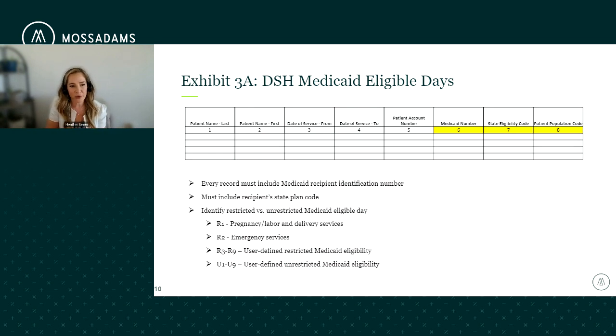On this particular screen, we have highlighted Medicaid ID numbers, your state eligibility code, and population codes. The primary reason I see a lot of clients have issues related to these fields that are being required is because they may not be doing state eligibility matches. Back in the day, DSH used to be, can you prove that it's been paid? But over the past few years, DSH has been based on Medicaid eligibility. It does not matter if the patient has been paid. They want to know what program and eligibility that patient had while they were in the hospital.